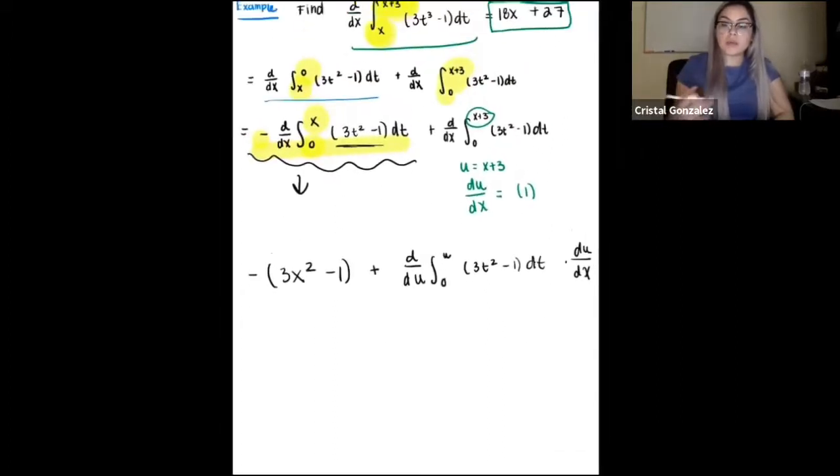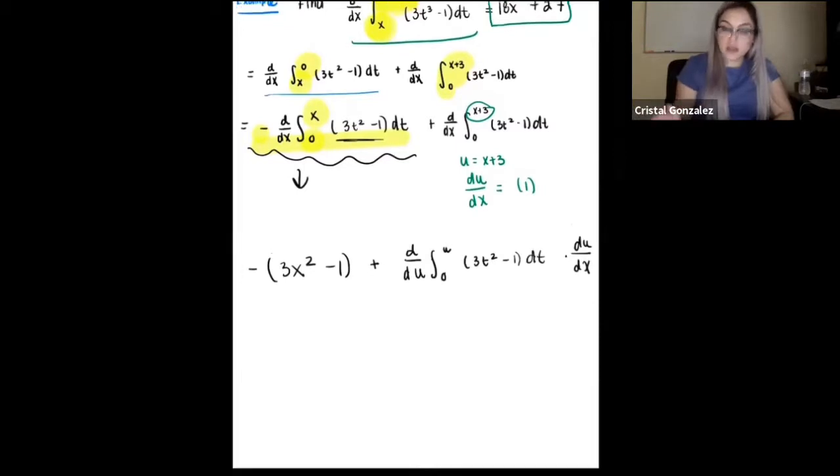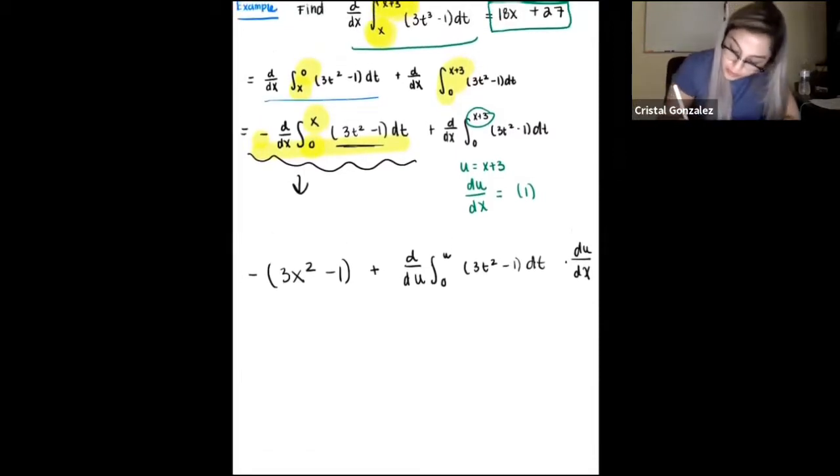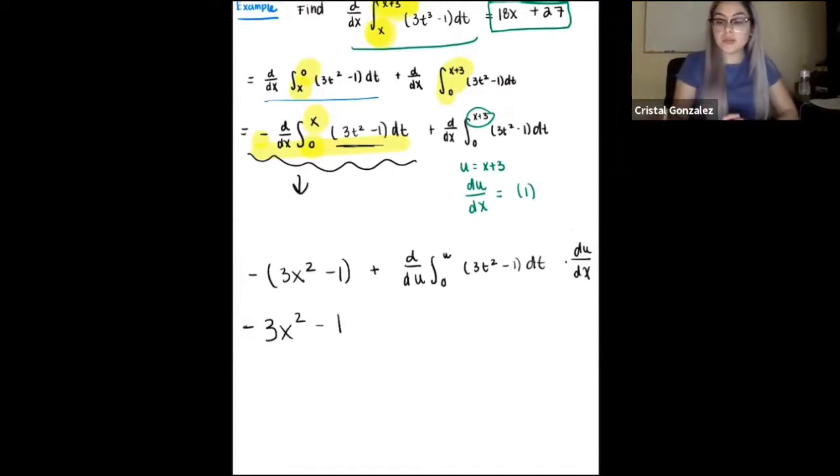And so remember that you don't really have to do this. I'll show you a little shortcut right now. So this is 3x squared minus 1. And now I can easily apply that fundamental theorem of calculus, right here for this spot right here. So this means that I'm going to do plus